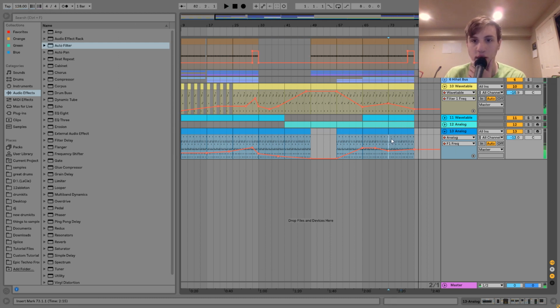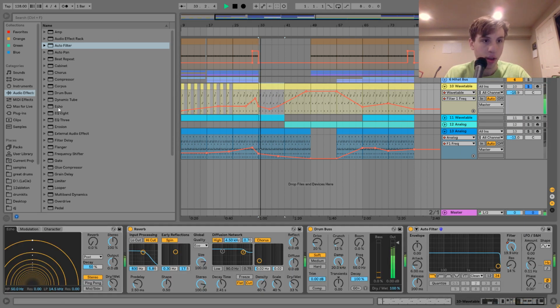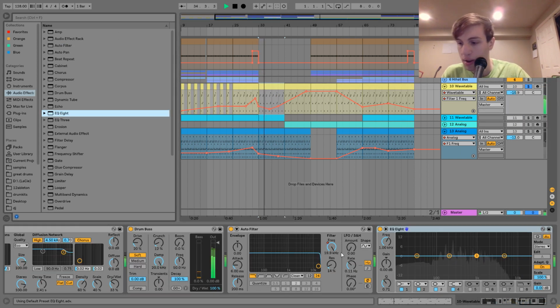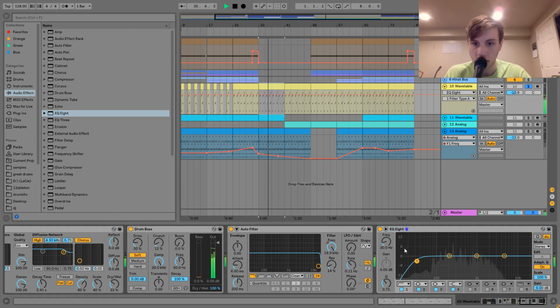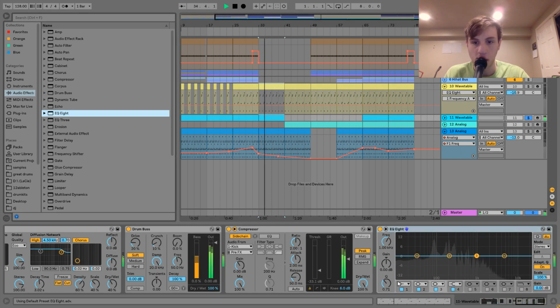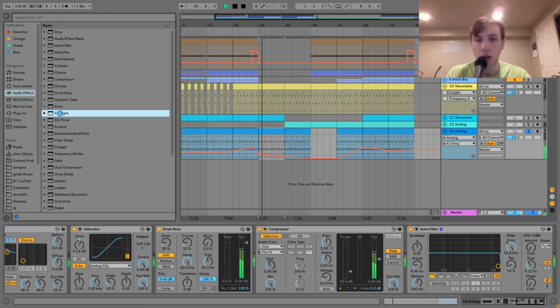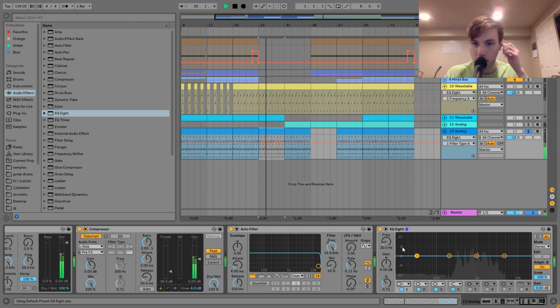Awesome, sounding pretty good. So I'm going to do a little bit of mixing here. I'm just going to go in and cut out all the low end on these sounds. There we go, on the ARP. We'll do that on the pad as well. Let's do it on this little weird lead thing. And that one I already did. And then we'll do it on the ARP real quick, just cutting out the low end, making room for some